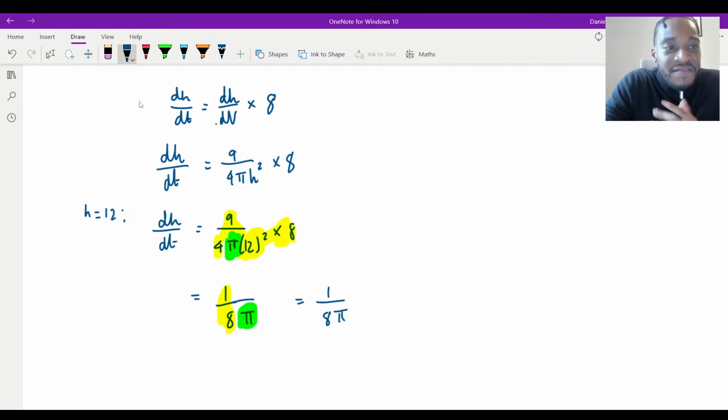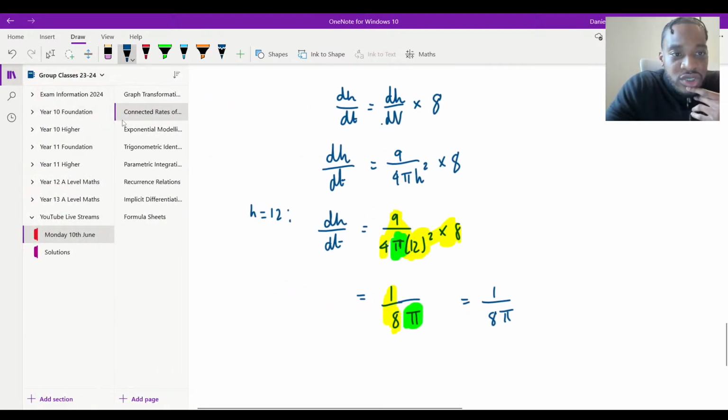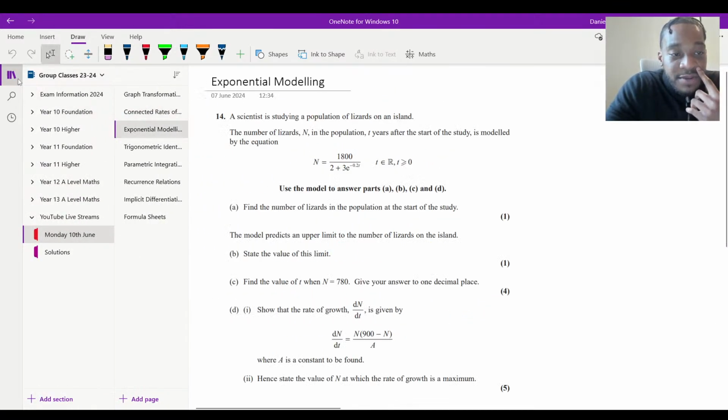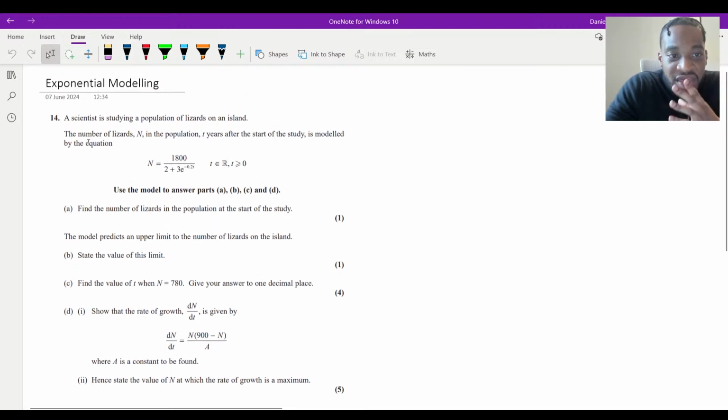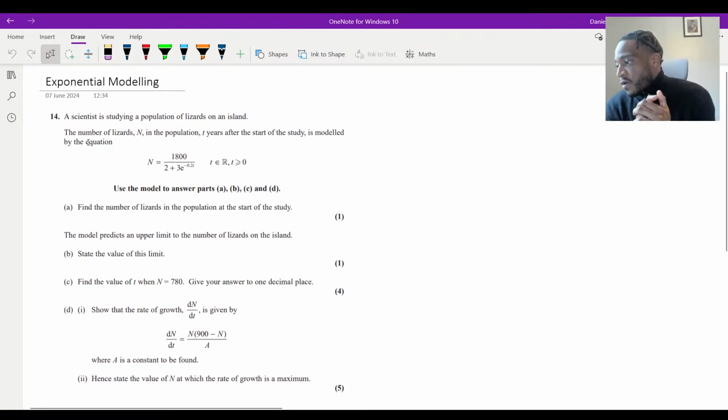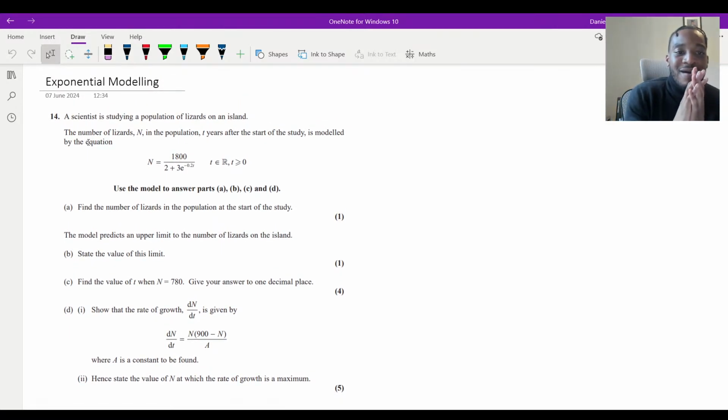So this is done. Perfect. Now let's go to the next question, which is what I've got for you: exponential modeling. What do we think about these types of questions, guys? Put a 0 if you think this is absolutely catastrophic. Hate these types of questions. This type of question specifically comes up a lot, to be fair. I even remember when I was doing A levels, these types of questions, especially the part D, come up a lot. But put a 0 if you think I have no clue, or put a 10 if this is again light work.